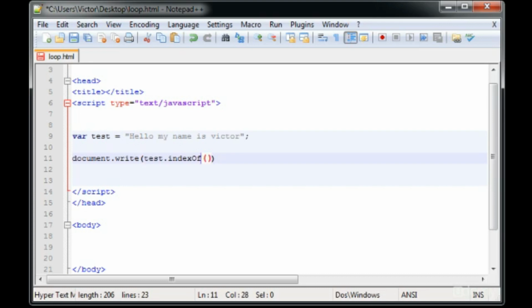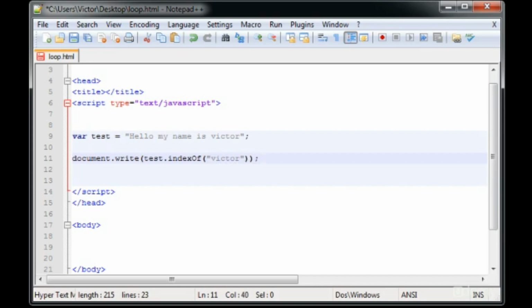As you can see, we have indexOf with two parentheses, so this is a method or function. This is a built-in function in JavaScript, so we don't have to create it, we just have to call it. Now between the parentheses, in this case let me type Victor,